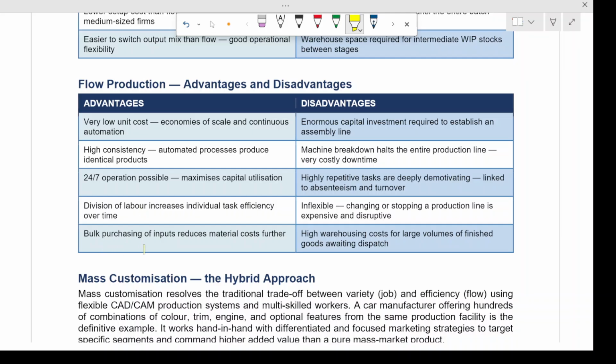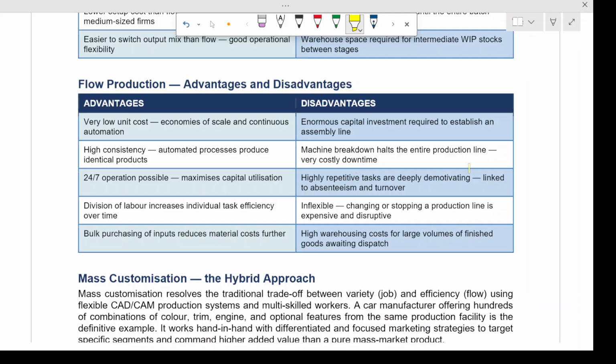The fifth one is that bulk purchasing of inputs reduces material cost further. I mean, again, since you're producing the same thing over and over again without any changes at all, in that scenario, you will receive bulk purchasing discounts from your suppliers, and using those, that could lead to even lower input costs, which could lead to even lower pricing, which could lead to more customers. All right. However, the disadvantages are that there is an enormous capital investment required to establish an assembly line